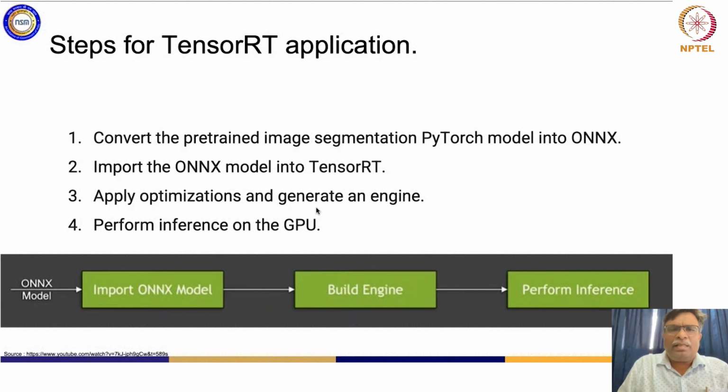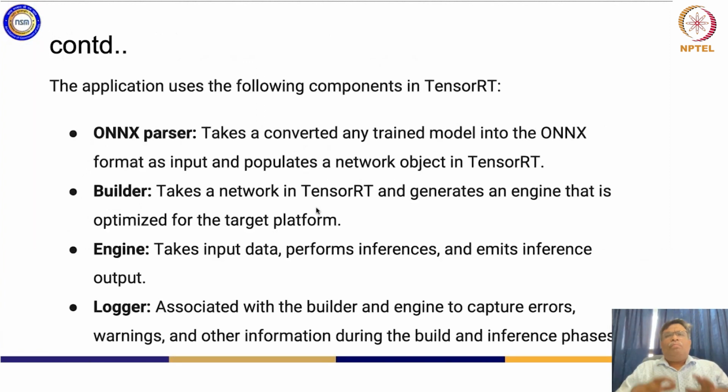So this is the basic idea. You have various components in TensorRT. You have an ONNX parser, or you have a UFF parser. You basically take any trained model in the ONNX format as input, and you get a network object in TensorRT. This is possible. Then you take a network in TensorRT and you generate an engine that is optimized